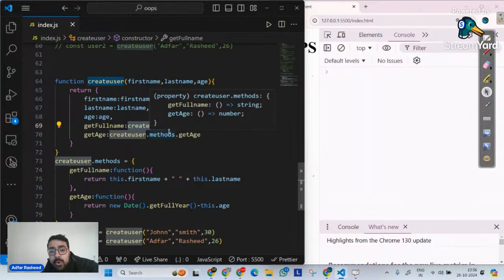Get full name, get age. Now, when a factory function is created, I am asking it in front of get full name, put create user dot name of methods which is internal object, and then that's what I am doing. Get full name, get age. Now, when a factory function is created,